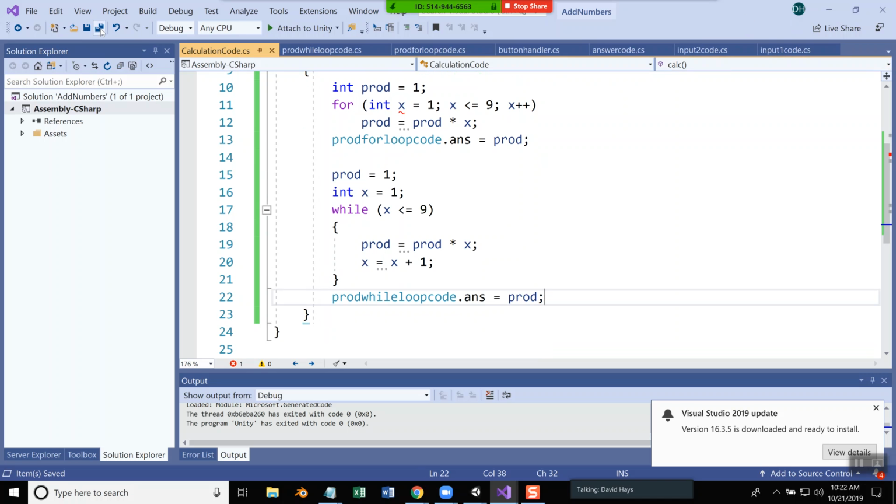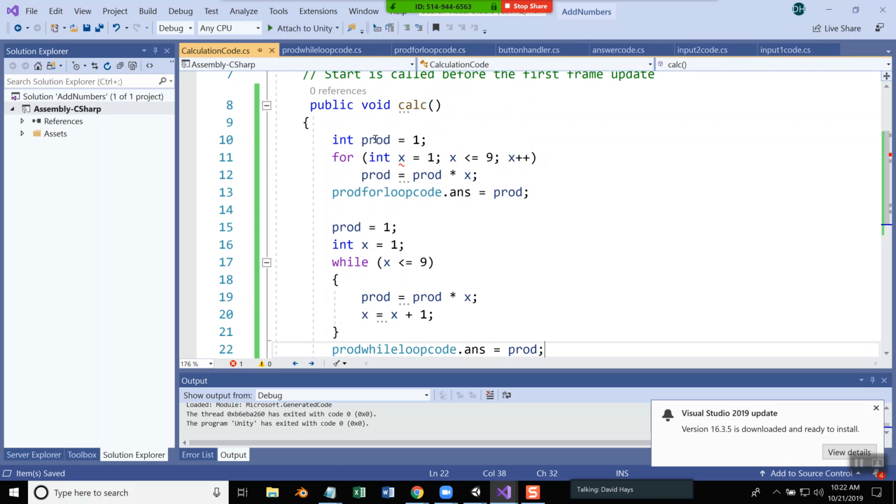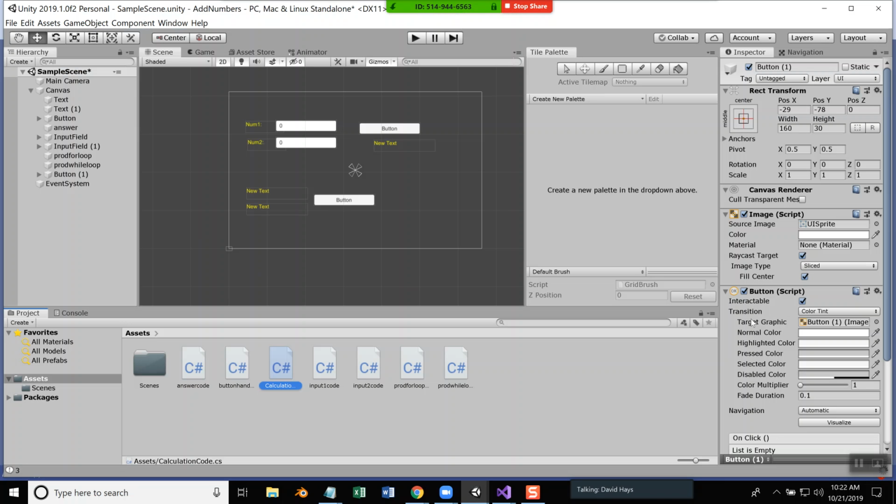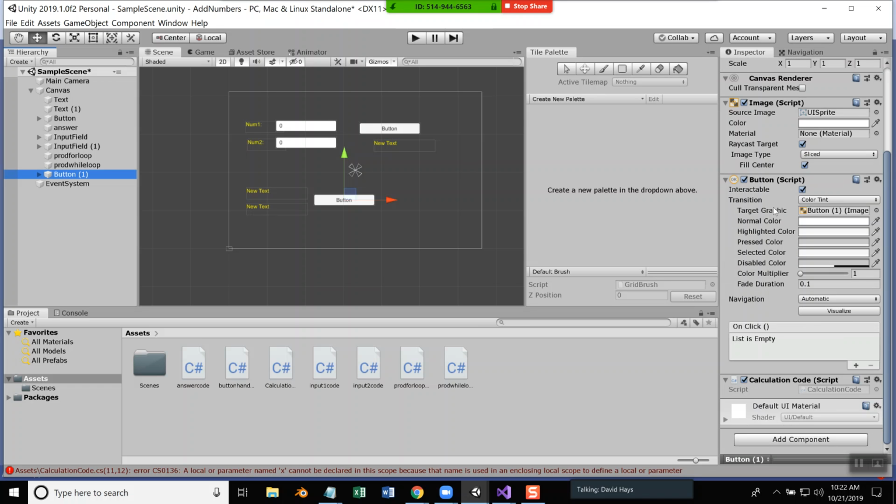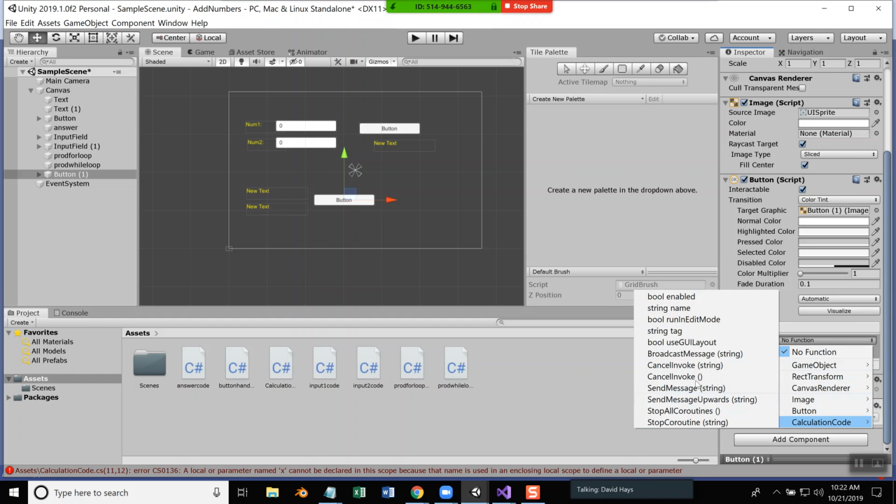Now I'm going to save this, and I have to make the association between this method I just created called calc and the button click. So I still got my button chosen here. My button script right here, this has nothing to do with what I added. That's what it's added. I click the plus here. Now I want to drag the code I have down here onto there. Choose the no function, go down to calculation code, and